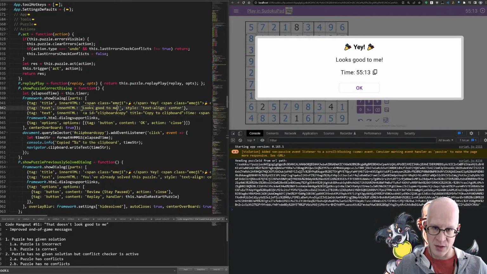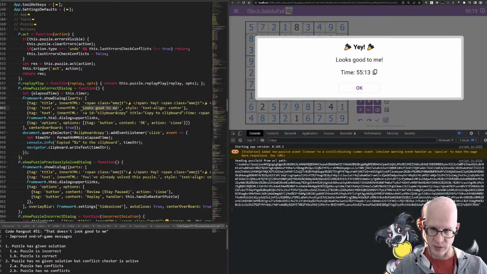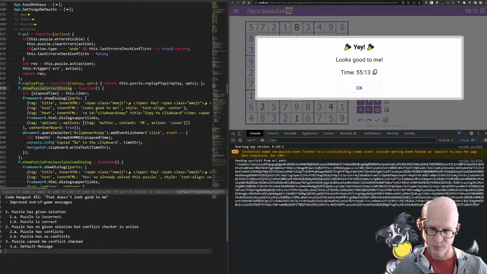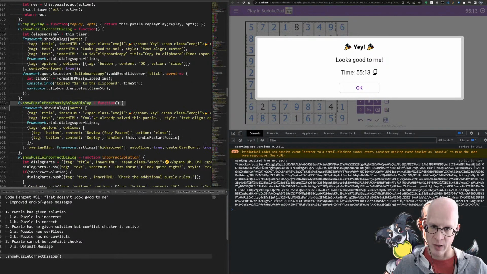Now, is there just this one? Step 1, let's find out if there's only one place. So, we have one function. We have show previously solved.